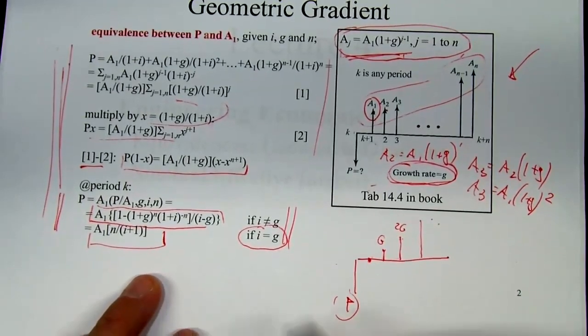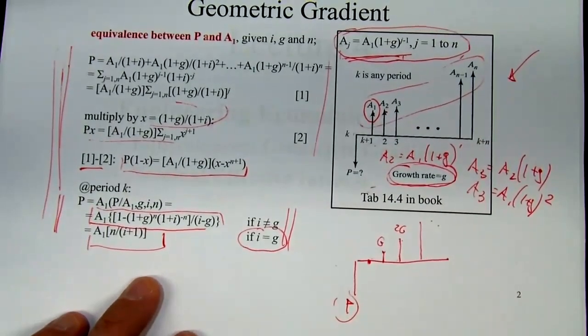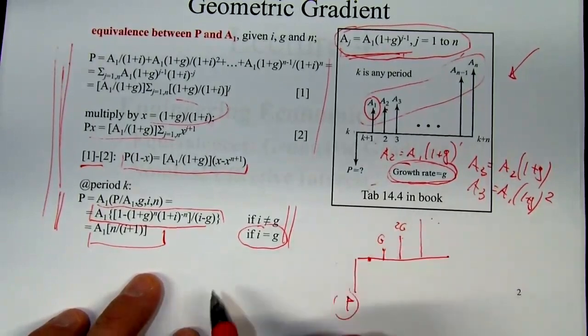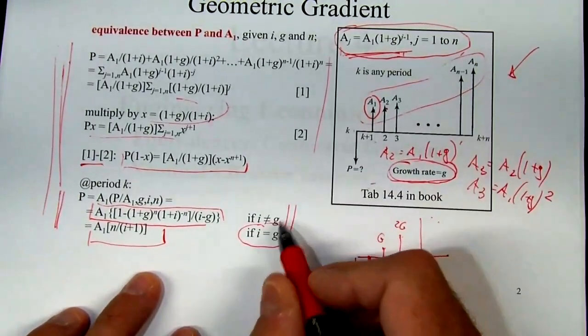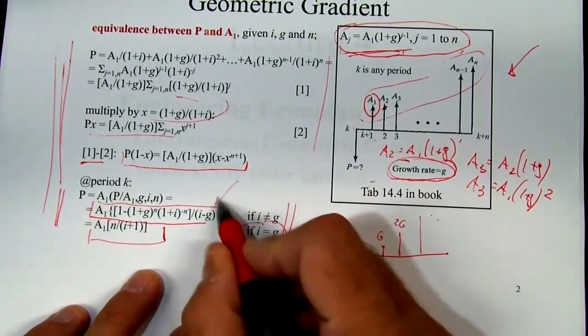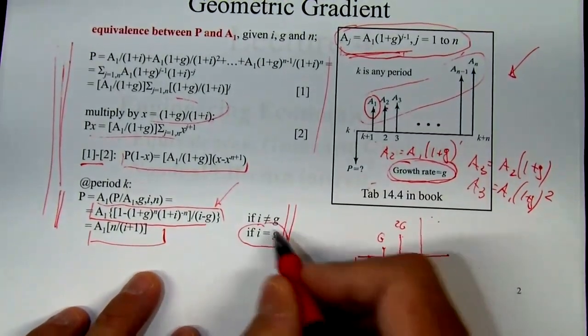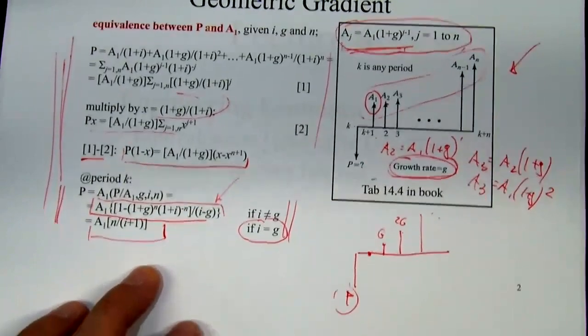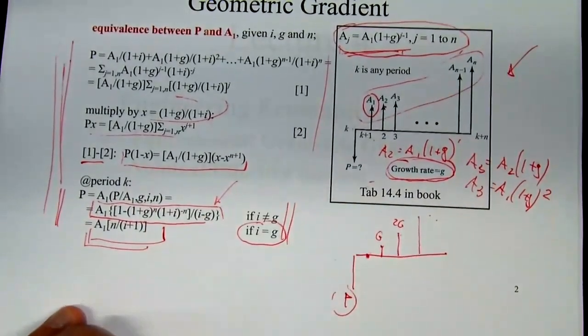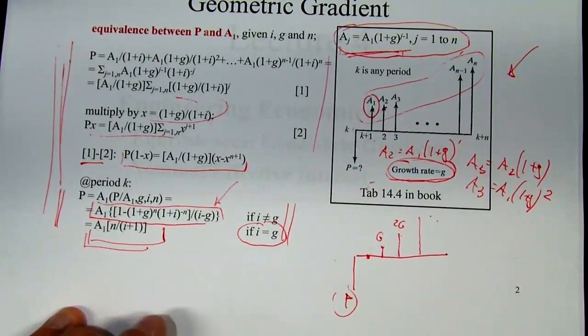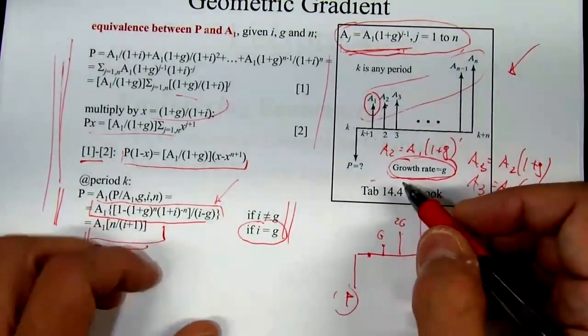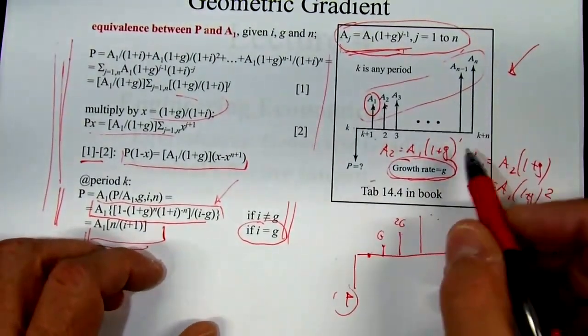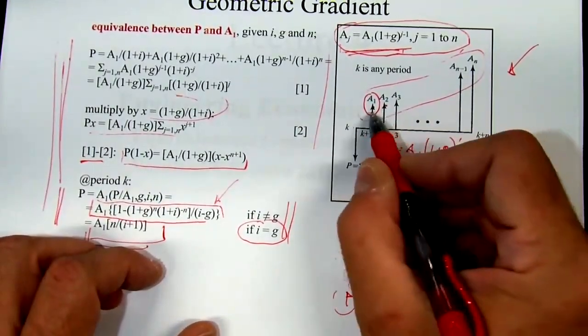Okay, so whenever I ask you to do this equivalence, and now we see an example, if G is different than I, you just use this one. If instead you are in the odd situation where I and G are the same, you get this one for the equivalence. Okay, we are always trying to put it into context,